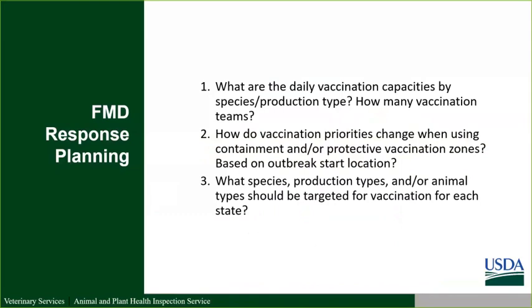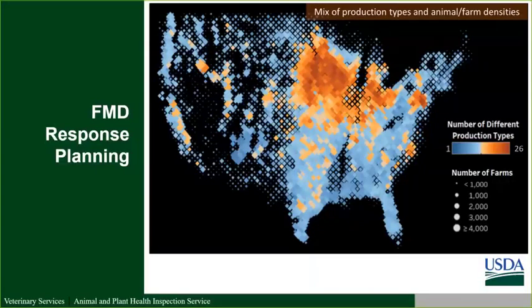One way to do that is without even having to use modeling. So going back to this map, this is heavily based on NAS data, so it's public and freely available, and I'm sure we'd be able to share some of our population files with the states or help with some of these analyses. But even within your state, you can look within each county, at least using NAS data, to get an estimate of the density of both animals and premises types, or pull that data from your industry or state databases.